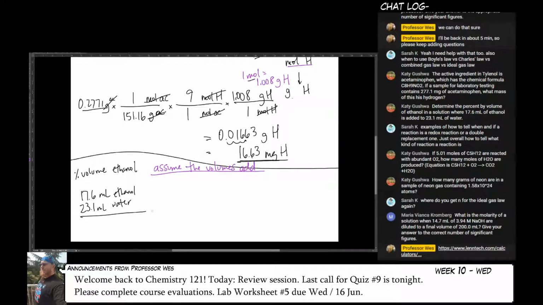So then the total volume would be 40.7. Yeah, that looks right. And so then volume percent is volume ethanol over volume total, which would be 17.6 divided by 40.7. I forgot times 100% here. Since it's a percentage, we need to multiply by a percent. And so when I do that, I get 17.6 over 40.7 times 100 is 43.2%